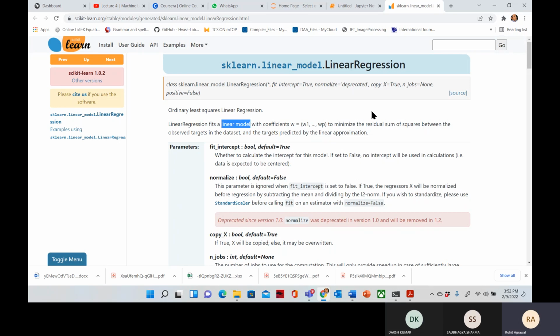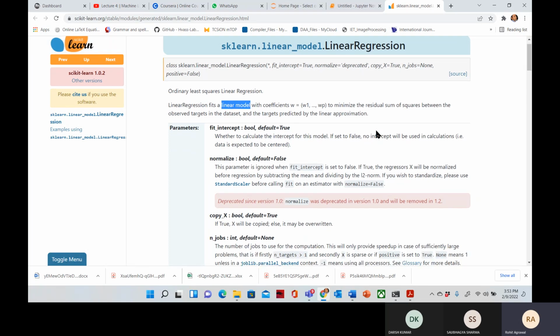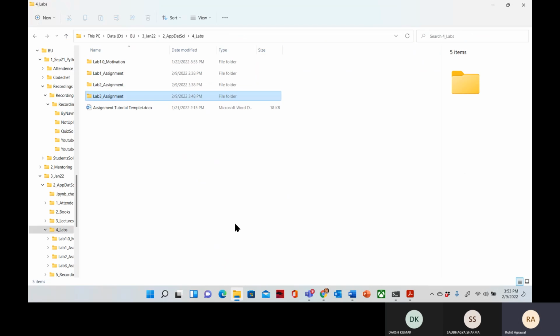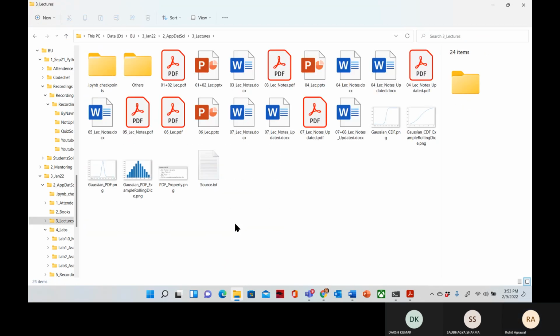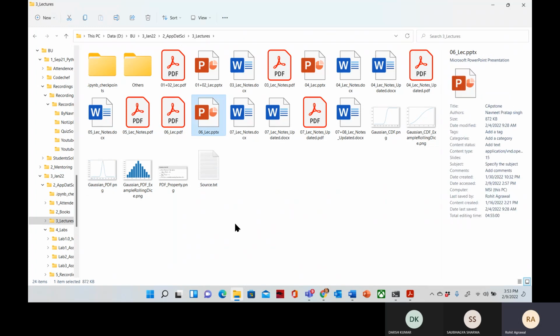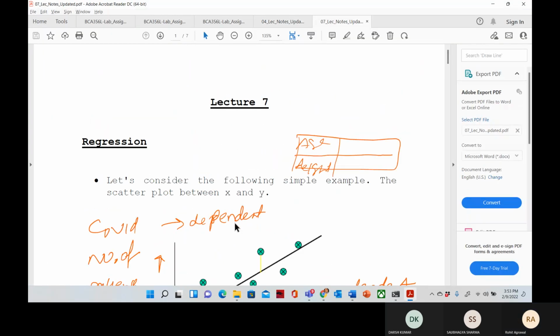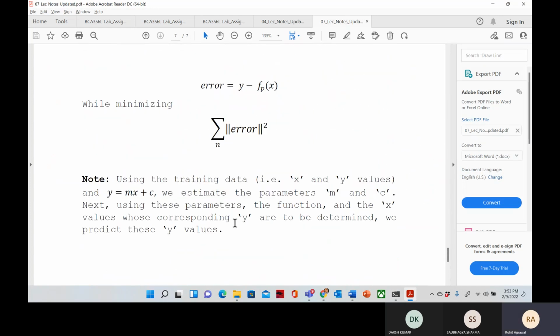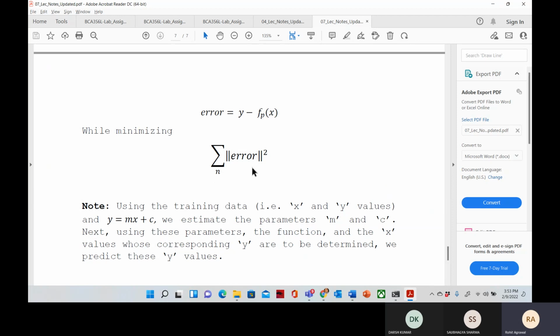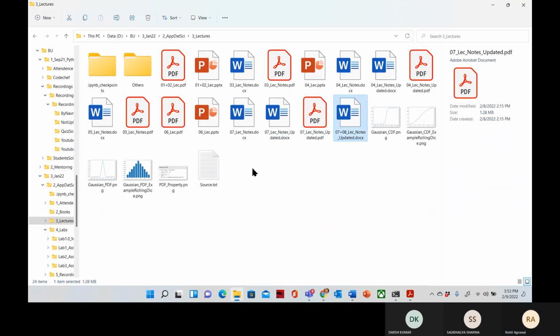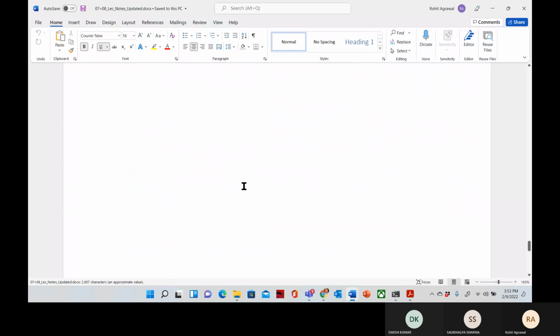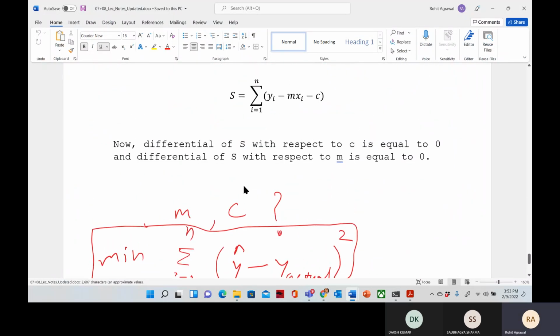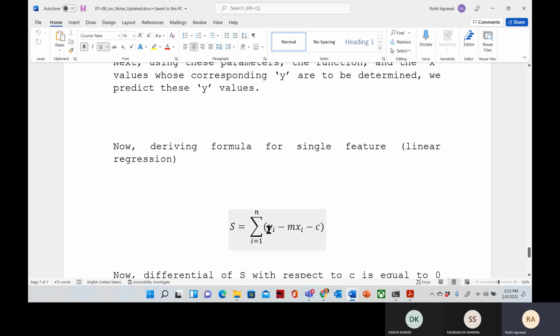Okay. And sum of residual, it will be difficult for you right now to understand what is the residual or sum of all these things. So in the class notes, if you remember, I have shown you this thing. I think it was 7th lecture, na? At the last I told you this thing. We are going to minimize this, or here you can see the, just a minute. So we are having this error in the class. Do you remember?